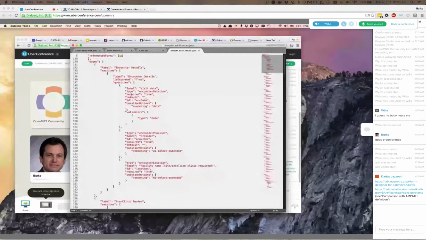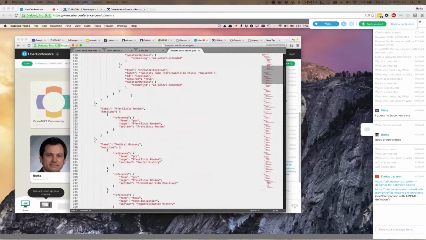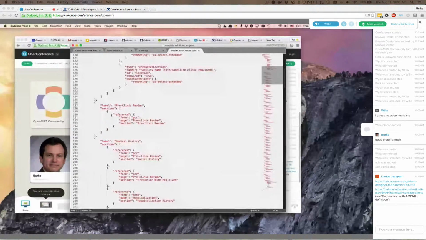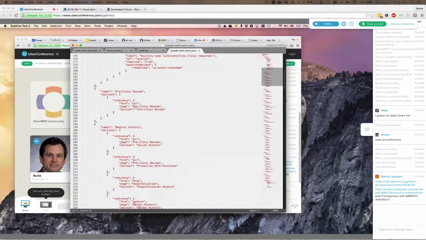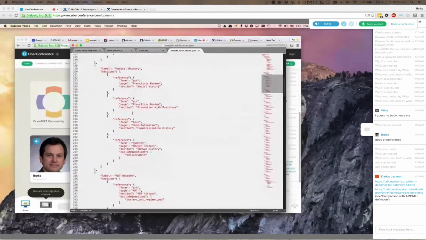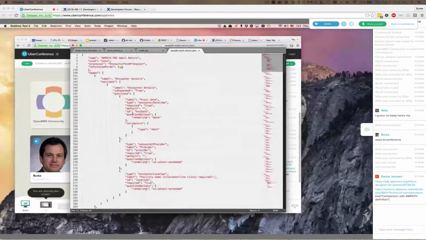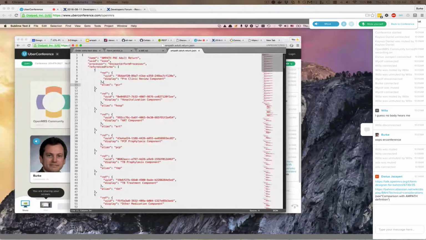Okay, so if you go down there in the schema, you'll see. Yeah, you're referring to a form. All right. When you reference a form, can you just put the reference above without using an alias, or are you forced to use an alias? You're forced to use an alias, unfortunately.